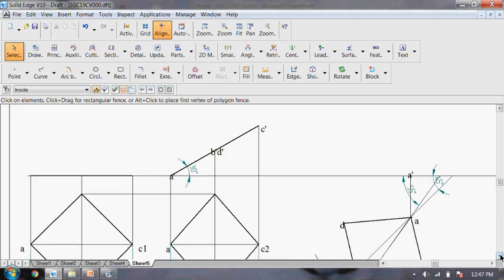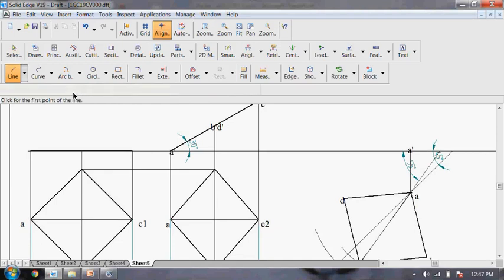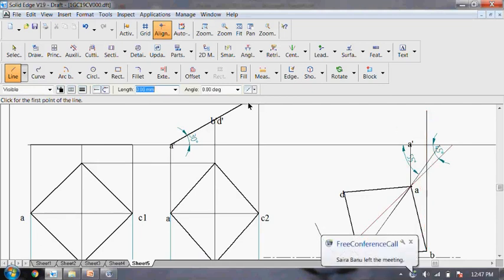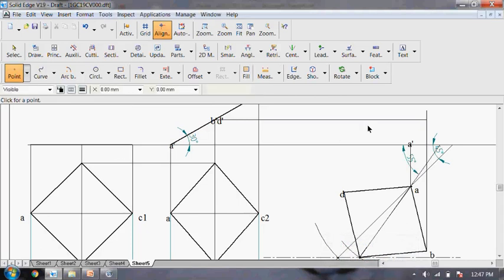Then the second one, locus of B. Click on the line. So point 18 or 13. Then locus line, and then draw the locus line from B dash. So at the point of intersection, you will get B dash. So this is your B dash. Label it as B dash.